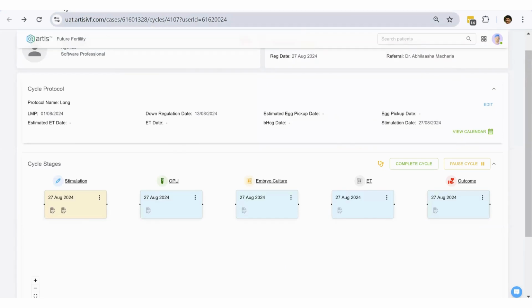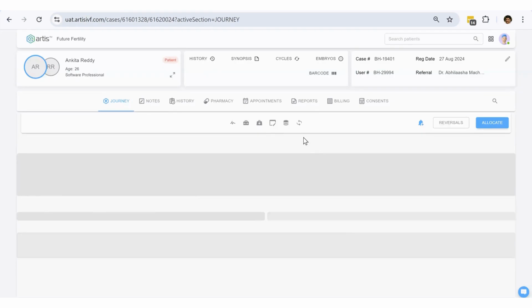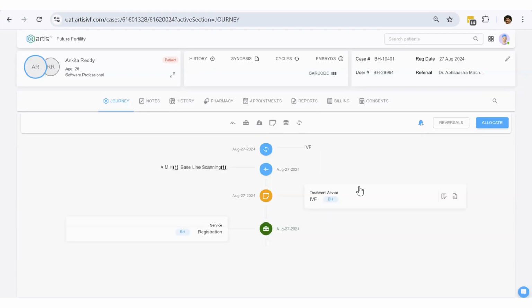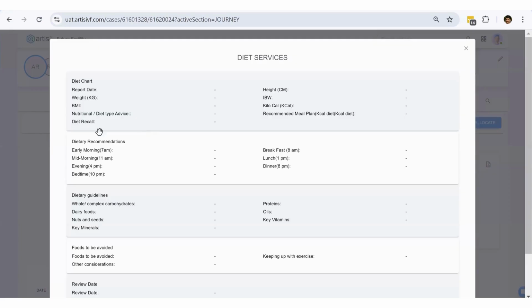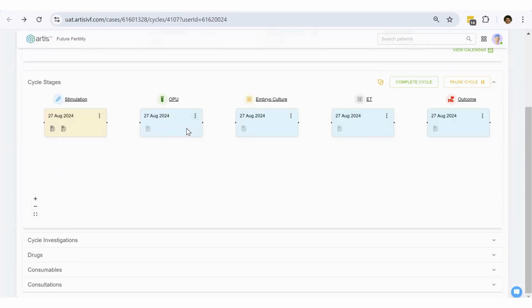For everything, I'll be going back and forth here. If the stage has started, that means if I refresh here, that report can be seen from this page, although it is updated elsewhere in other pages. For a doctor, it is visible here. Not only doctor, any other in-house user, or even the patient can actually see some of these reports if you give them access, right? So since a few details are updated there, that can be seen here if it is saved. I think I've yet to save that. So similarly, if I start the next stage, which is, let's say, OPU stage,